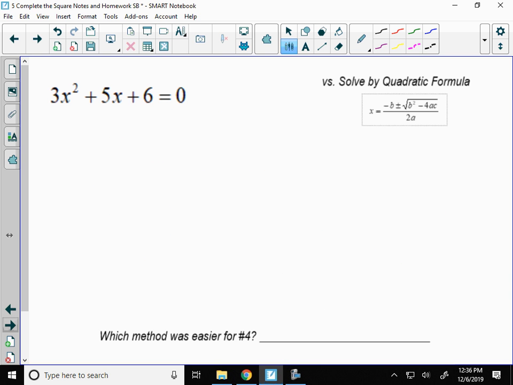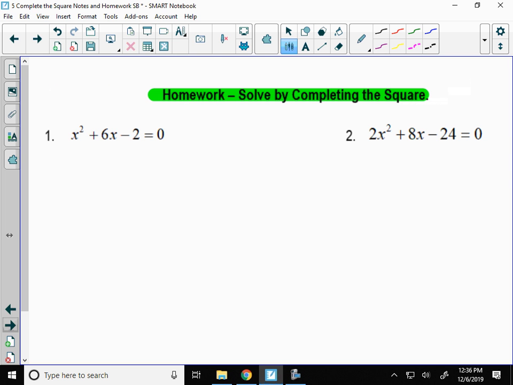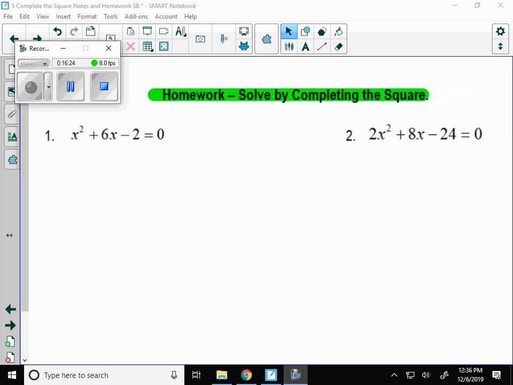There are 4 problems on the back. We're not going to do the quadratic formula. Trust me, quadratic formula will be faster. So 4 problems. Answers are down there. Make sure